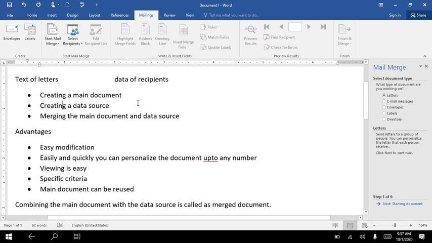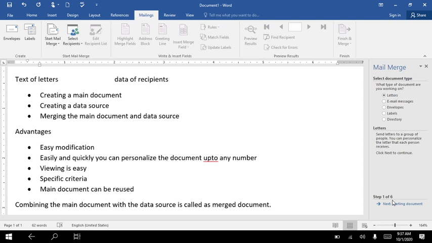Okay, right hand side, can you see this? The mail merge task pane will open on the right side of the screen, and it shows 1 of 6 at the bottom of the pane. 1, 2, 3, 4, 5, 6. Step 1 of 6. Can you see where the cursor is placed? Good.